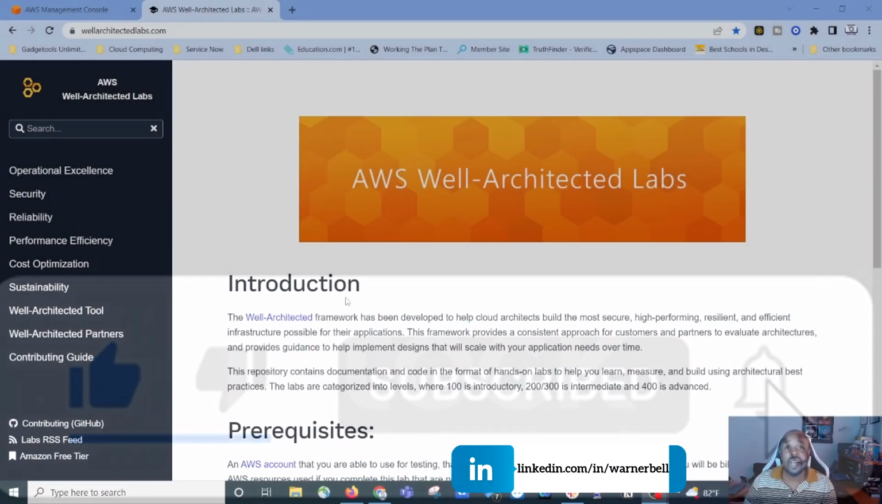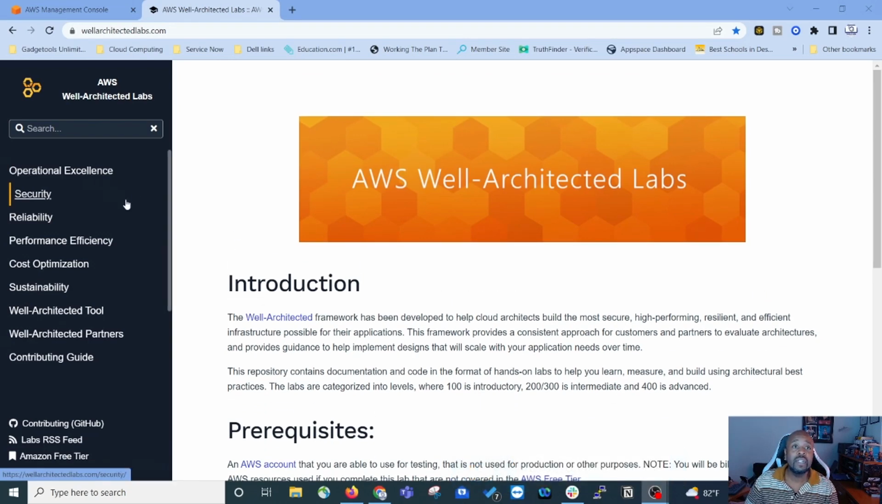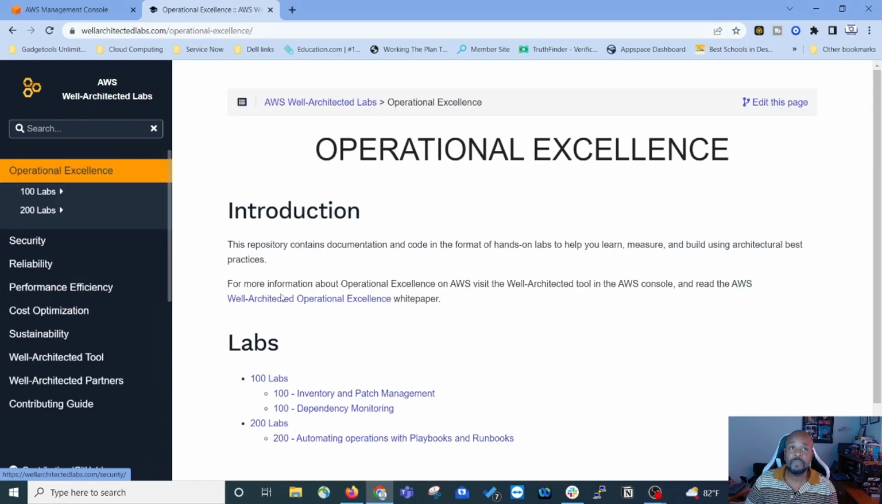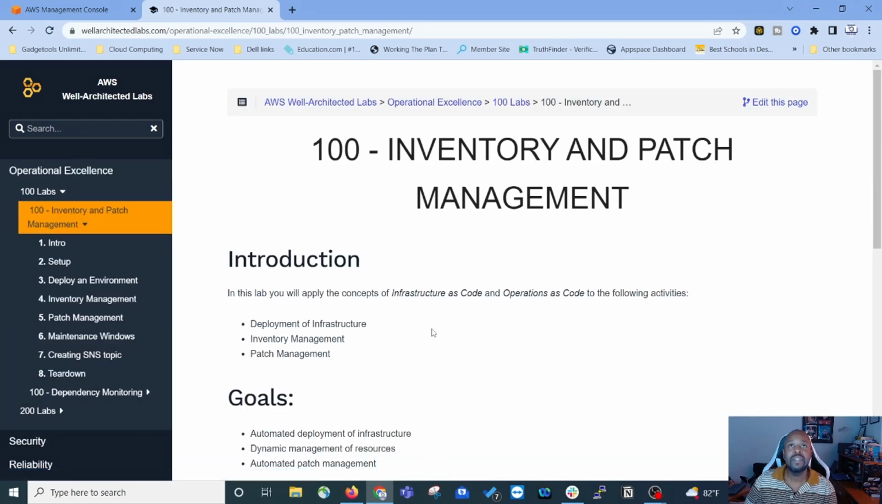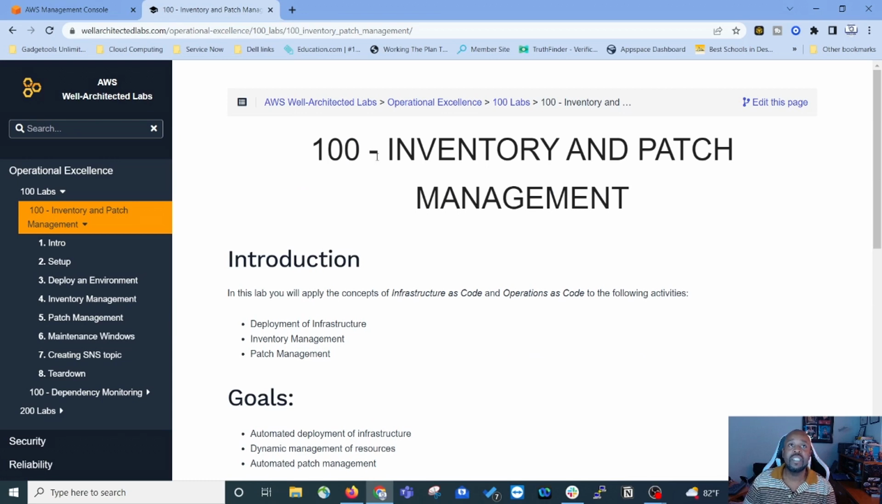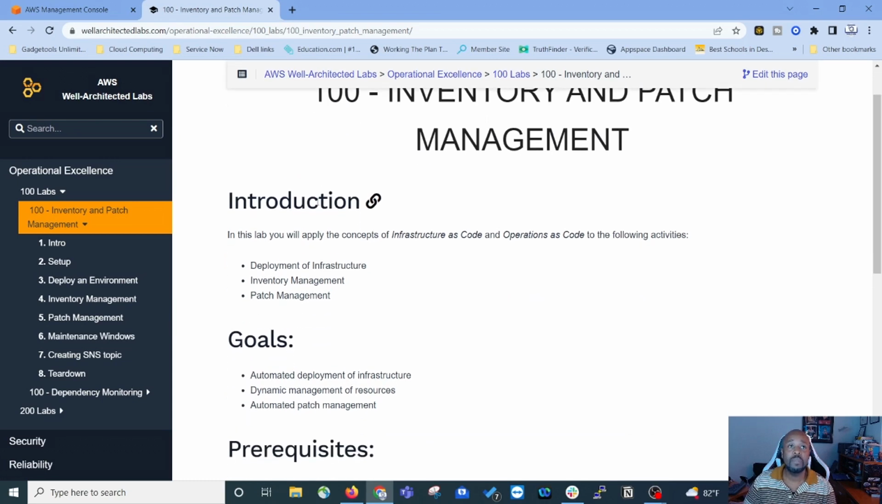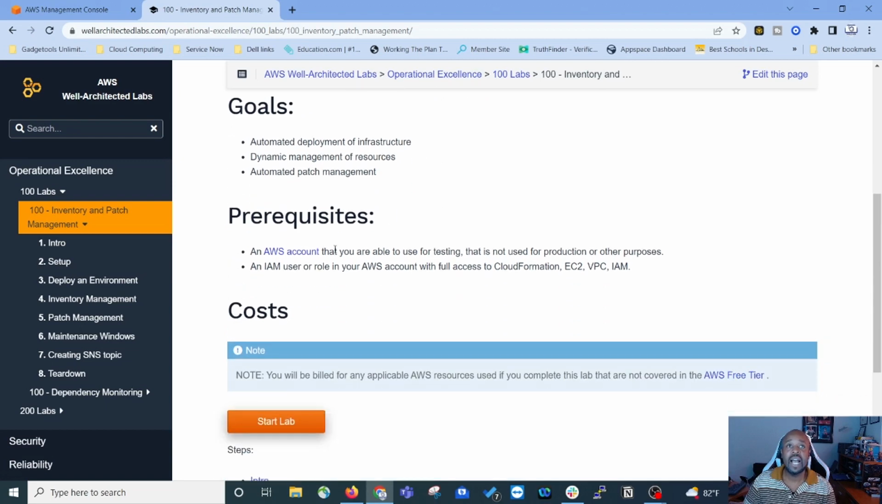Okay, so we're going to go ahead and get started, and I'm going to go through the first lab. If I click on Operational Excellence labs, we're going to start with the first one, which will be Inventory and Patch Management. This is the 100 Inventory and Patch Management Lab. It gives you the introduction, the goals of the lab, and the prerequisites that are required for the